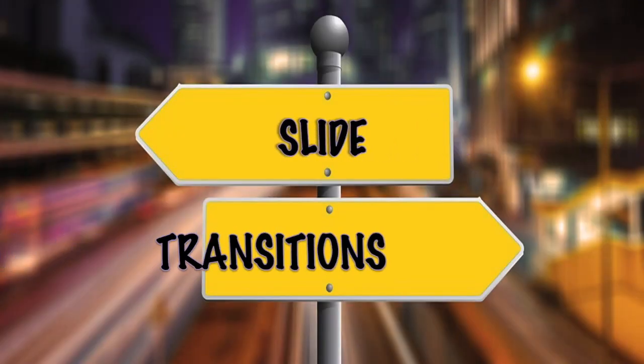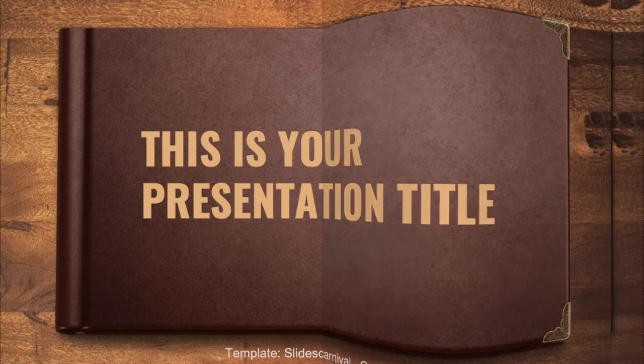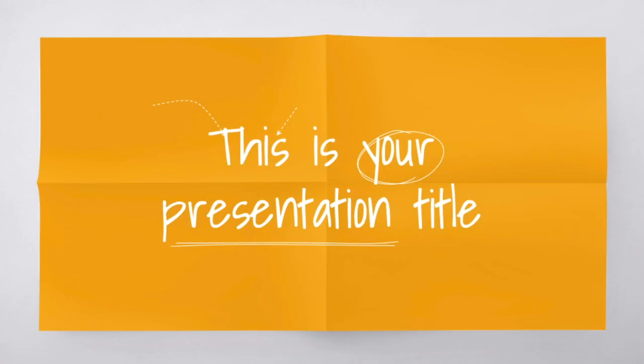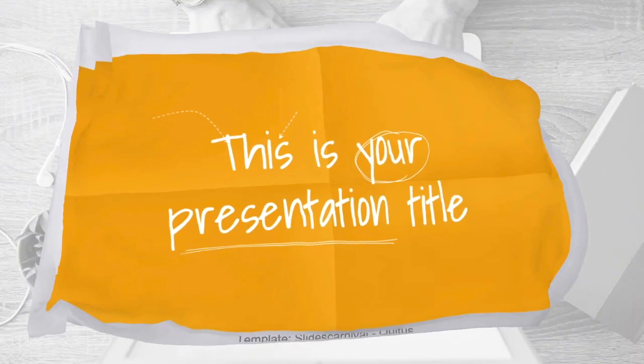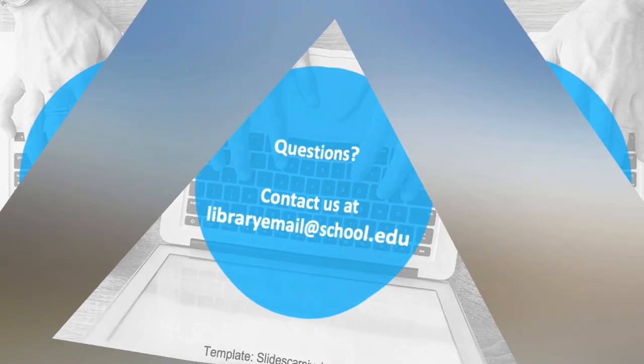Slide transitions are details that should not be overlooked. They allow your video to flow nicely from slide to slide and can even add a touch of creative interest. For templates that show a book, use the page curl transition to resemble turning pages. The paper crushing option works well for discussing a drafting process or idea development, while the airplane transition that matches the symbol for sending messages works great when indicating how someone might contact you or share item records.